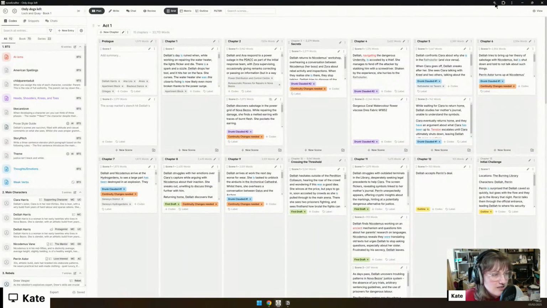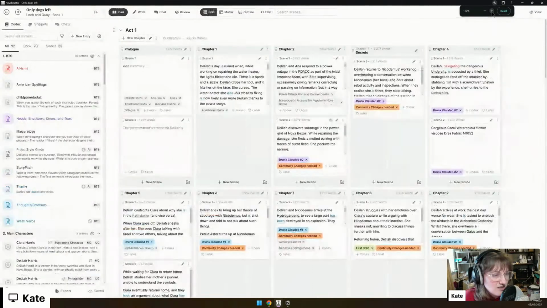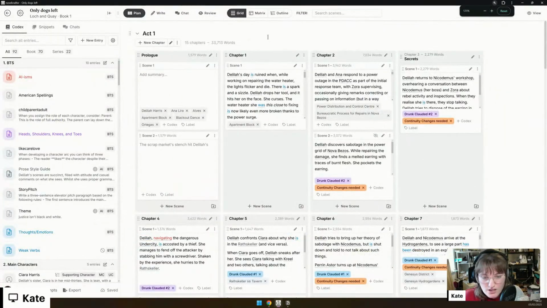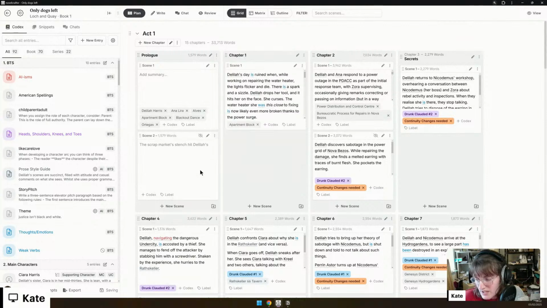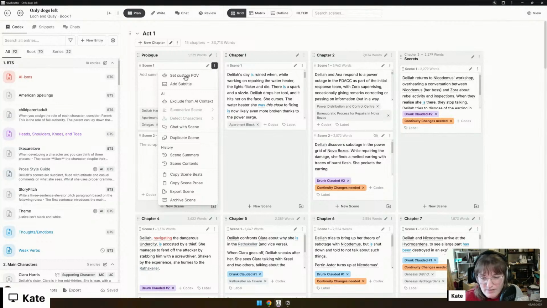Let me zoom in my screen. I have some experiments from before. Let me exclude from the AI context these random test scenes I was doing.